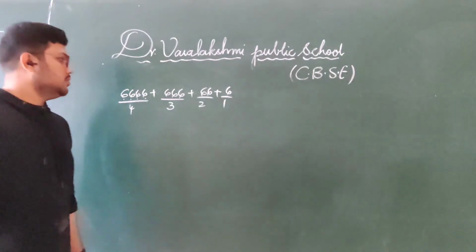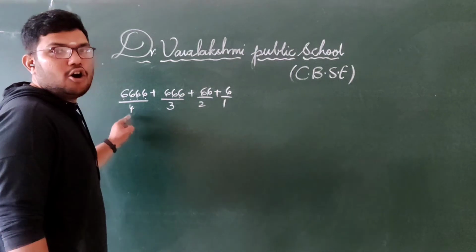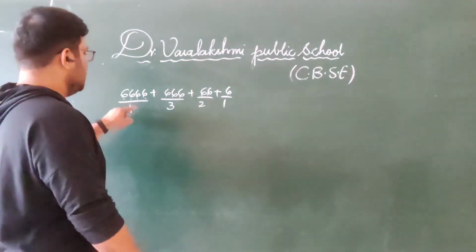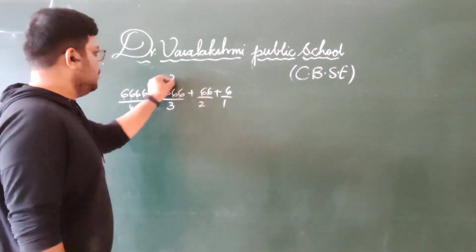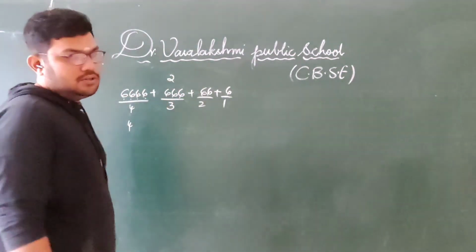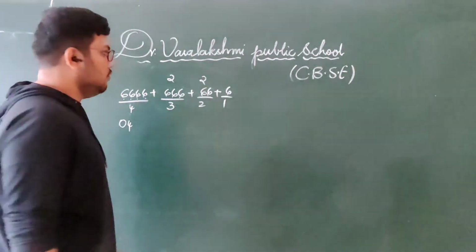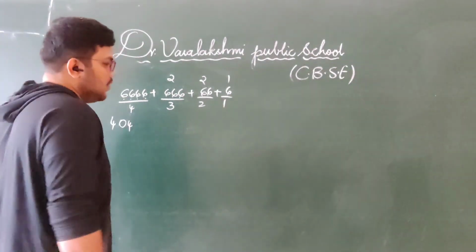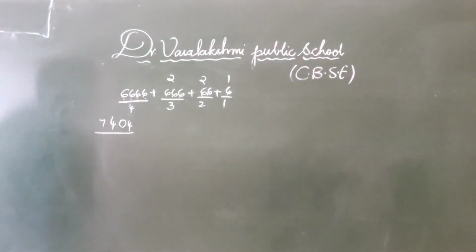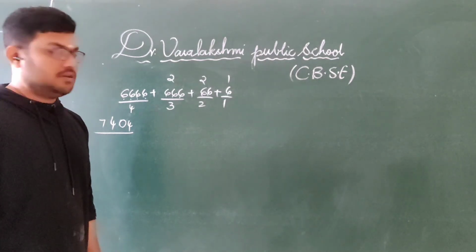So how to calculate that easily? Let us see now. Let's multiply this number. Here, how many sixes are there? We just multiply that number with the 6. Okay? So 4 times 6 is 24. 4 here, 2 carried. 3 times 6 is 18. 18 plus 2, 20. 0 here, 2 carried. 2 times 6 is 12. 12 plus 2, 14. 4 here, 1 carried. 1 6 is 6. 6 plus 1, 7. So this is your answer, 7404. Hope you guys understood.